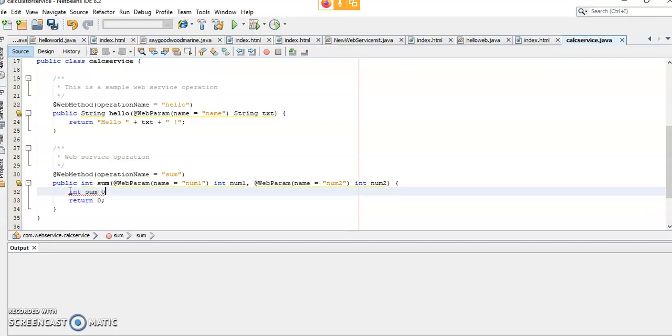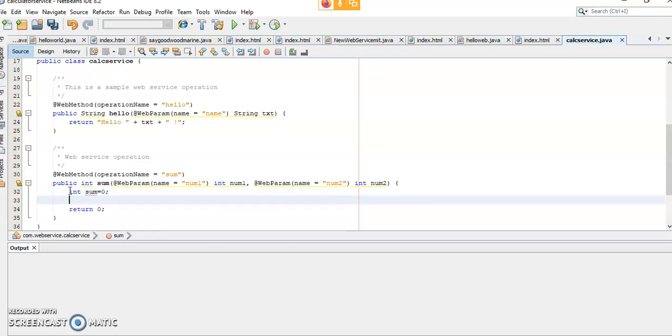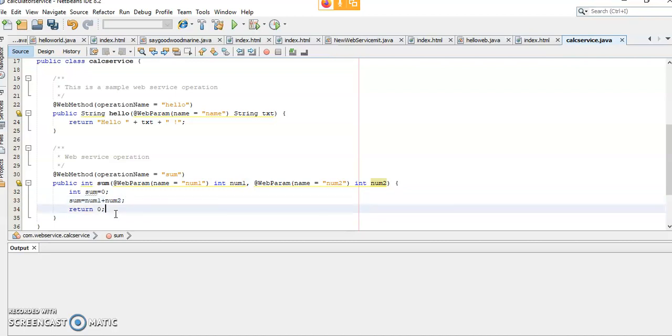I am just going to assign the value. Sum is equal to num1 plus num2, and return sum. Save.